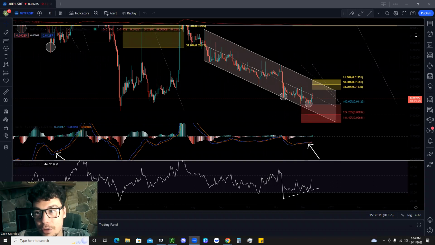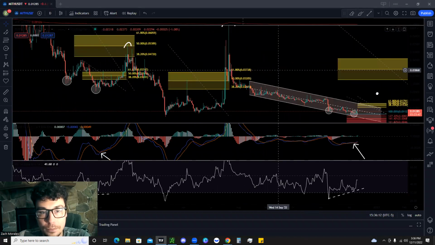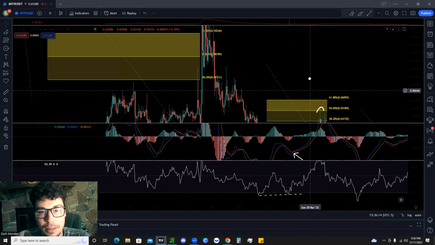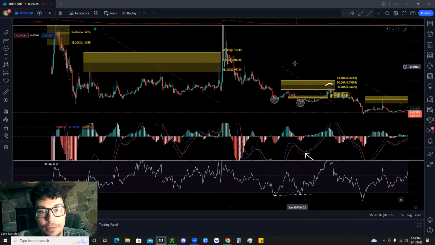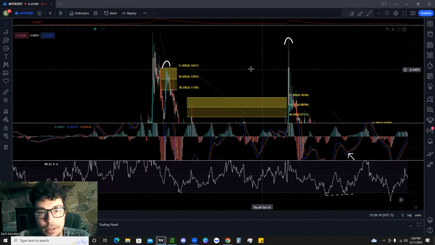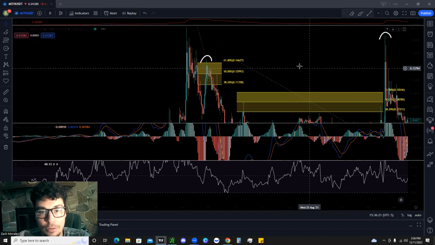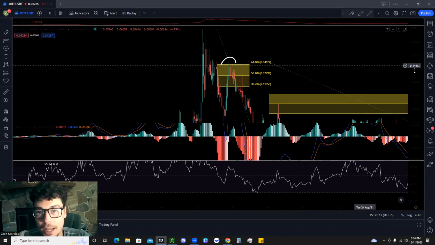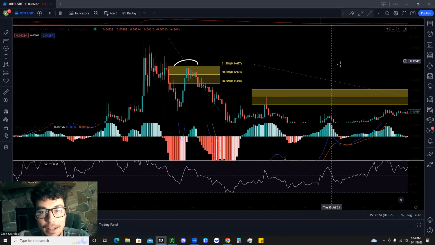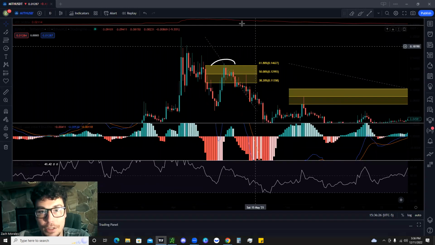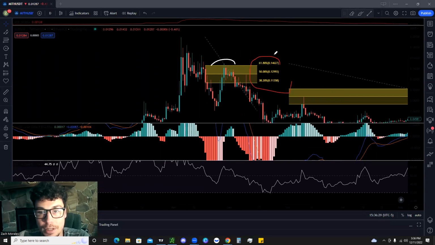And what we'll do first, okay, is we'll come back over here to the past and we'll just basically break down how the fib retracement levels work. Okay, so the main levels that you want to watch out for and look at are going to be the 61.8, the 50%, and the 38.2% retracement levels. These three levels right here are the main retracement levels and the three most common retracement levels